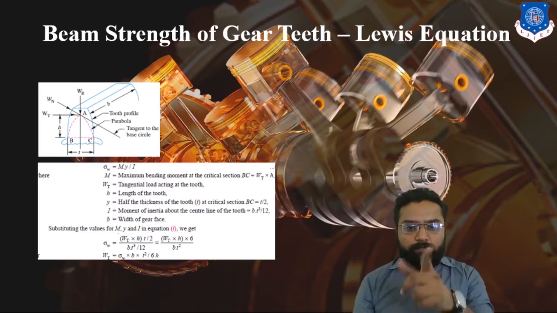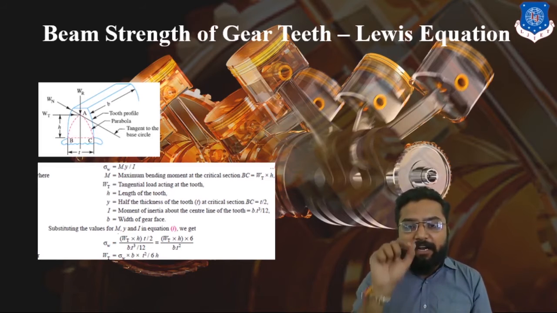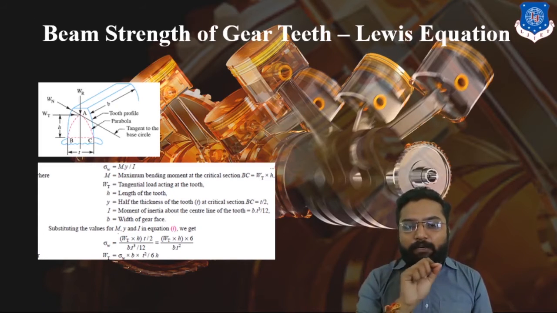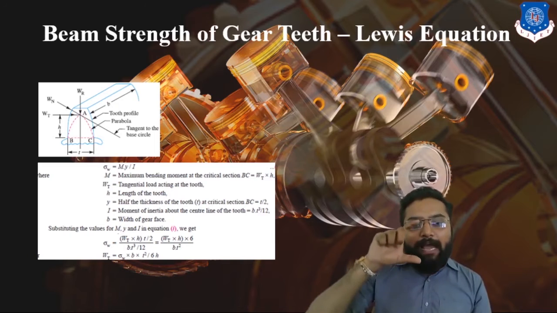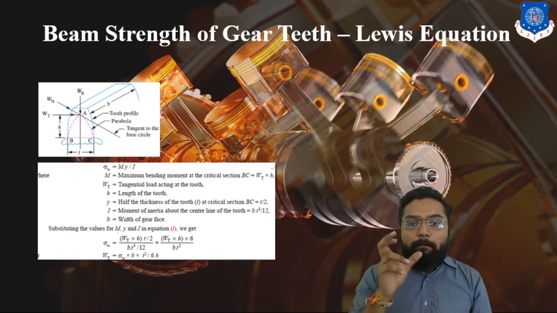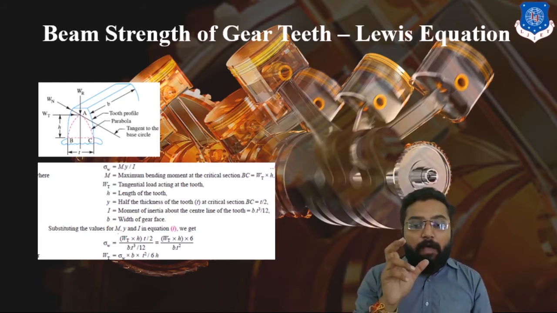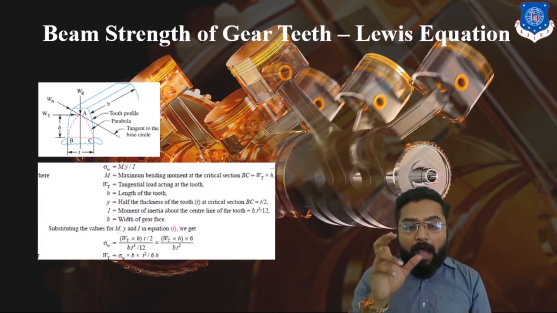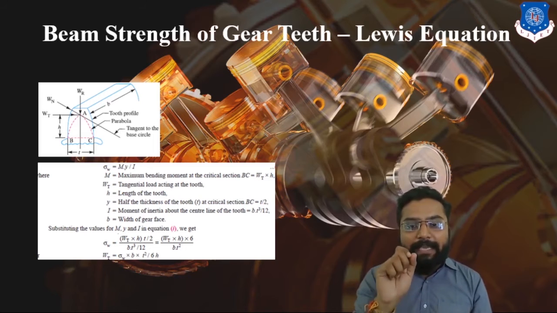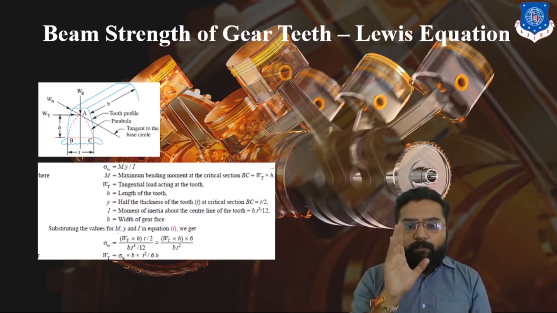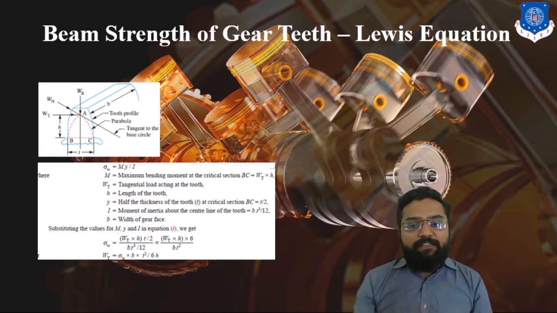Clear? Since shear stress is generated at the bottom, or you can say at the root of our teeth, through that height h, for that the base is going to be b. If I am considering the base which is applicable in our moment of inertia, the base will be b and the depth will be t. So our moment of inertia in this case will be bt square by 12. Clear? y is half the distance of its thickness.